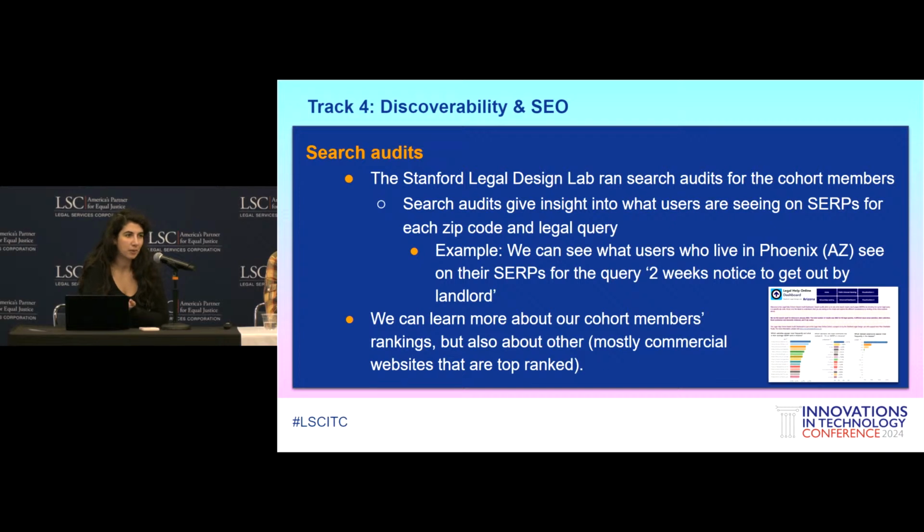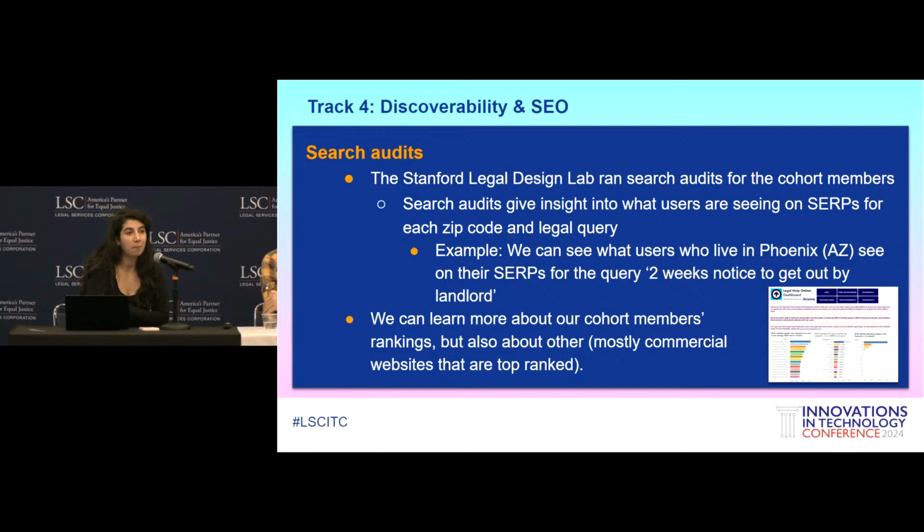And the data that we see there is we can obviously see where a legal aid or legal help website ranks. We can also see which pages are top ranked. So if we see a lot of misinformation or a lot of commercial actors, we can analyze that data and then create a very specific, bespoke strategy on how to improve the SEO. For example, if we see that a legal help website is ranked low, we can look at things like, is schema installed? What is your current SEO strategy? Do you have a backlink strategy? Basically everything that we just discussed.